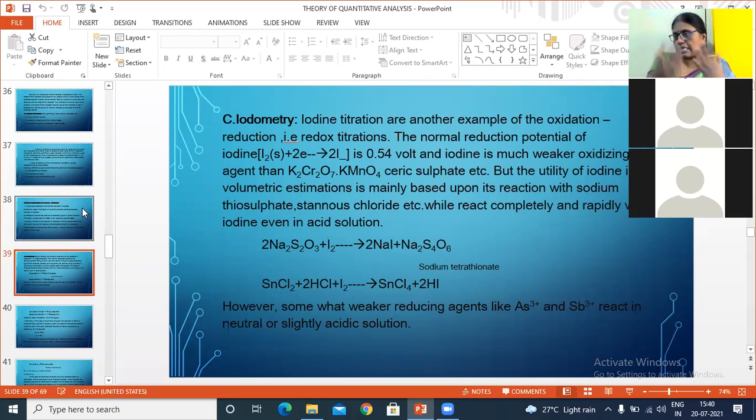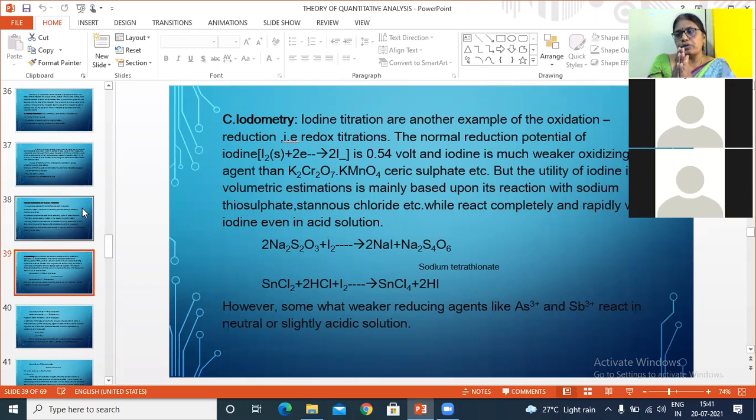Once again, we repeat the same process by cleaning the conical flask first with ordinary tap water, then distilled water. Now pipette out 20 ml of ferrous sulfate solution and add sulfuric acid. As we are using diphenylamine indicator, we have to add 1 or 2 ml of phosphoric acid to the solution. When preparing diphenylamine we can add phosphoric acid at that time, or we can simply add it now itself. Both cases work. The blue color appears first, then titrate against potassium dichromate and take one more reading.